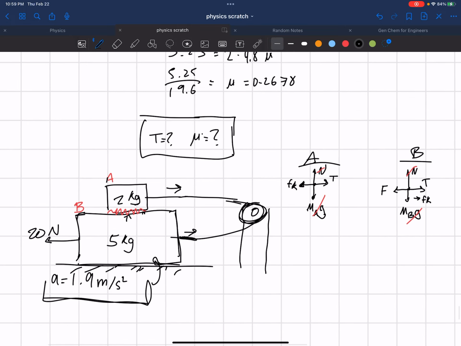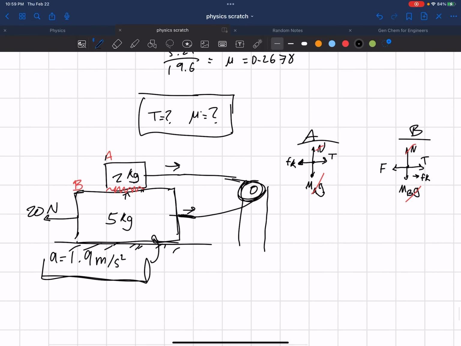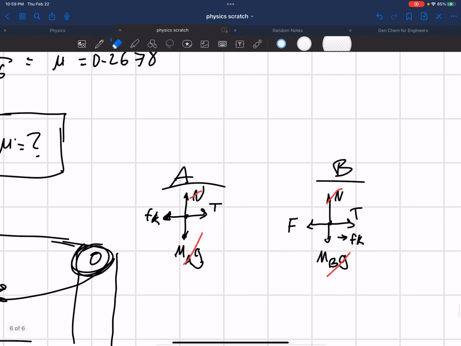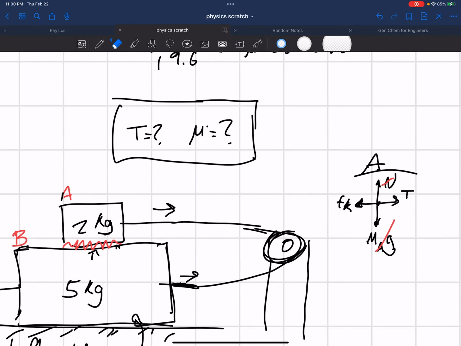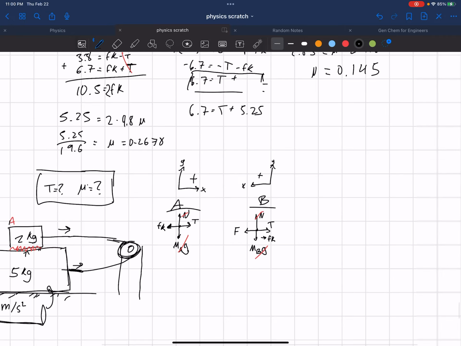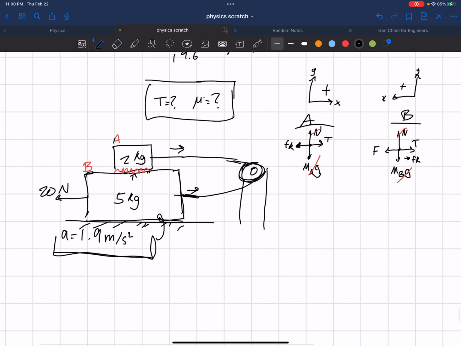The whole time I was doing this, I was thinking, let me just pick one. B is going this way, to the left. This is going to be my positive and everything else. It makes sense for B, because B is going to the left, for this to be the positive direction of X and Y. But for A, that doesn't make sense, does it? Because A is going this way, remember, guys? So we want the positive to be this way. That's the positive way. So we're going to be looking at two different axes.